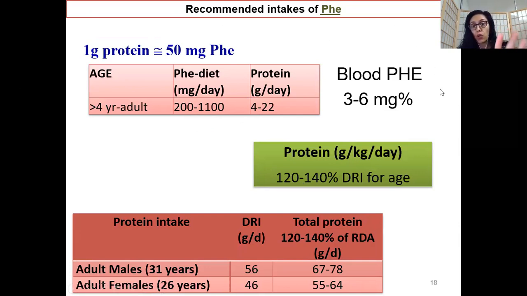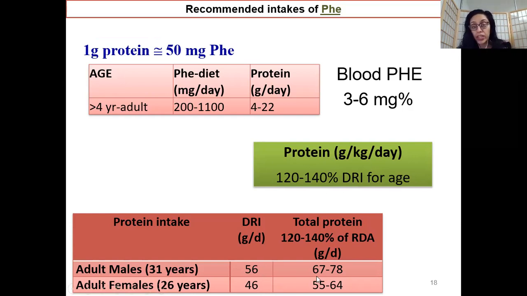All right, so now, what is their dietary recommended intake? This first section, if you see where my mouse is hovering, is about the amount of intact protein that they can tolerate in their diet, because as you know, they cannot have very, very high protein in their diet. Okay, because high protein in their diet means high phenylalanine, and we know what happens. Okay, so this is what they can tolerate in their diet. Now, what is their dietary recommended intake? It is 120 to 140% more than the dietary recommended intake for an average individual regarding proteins, gram per kg per day.